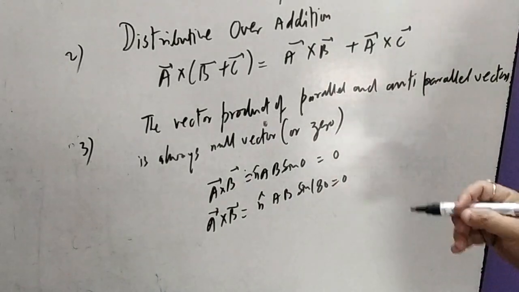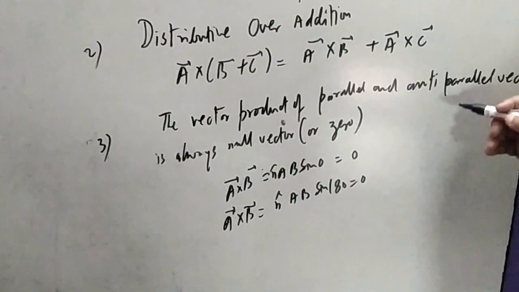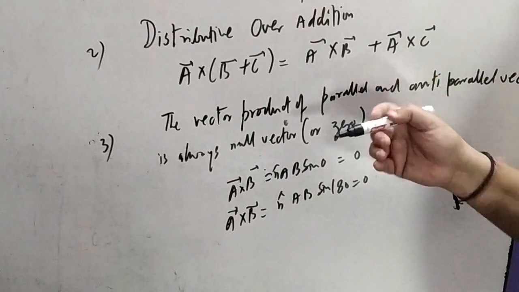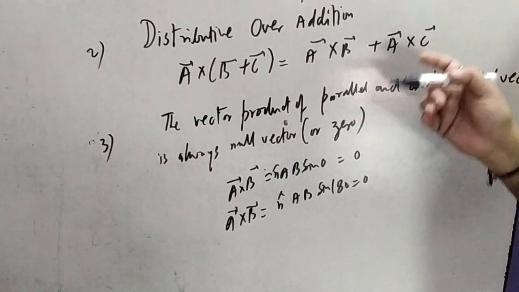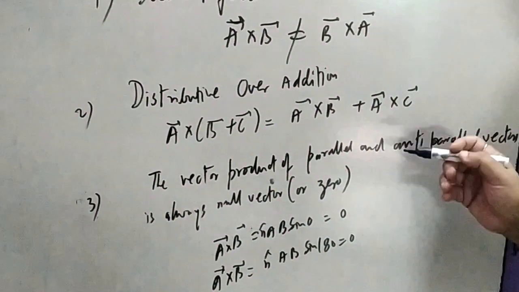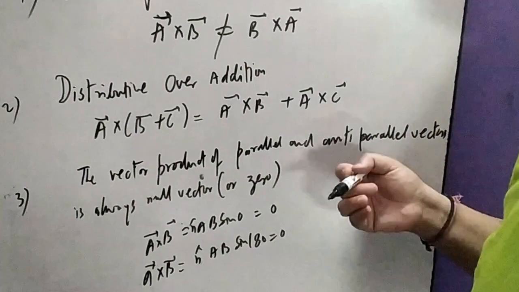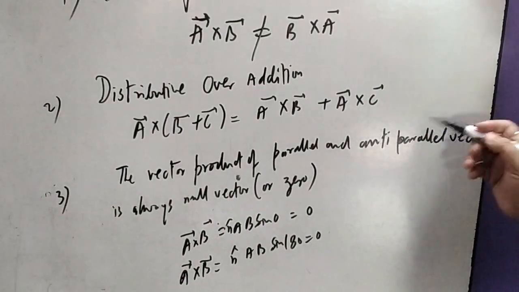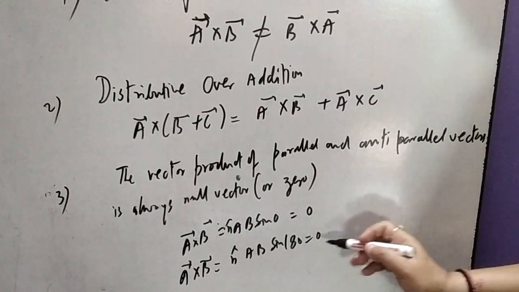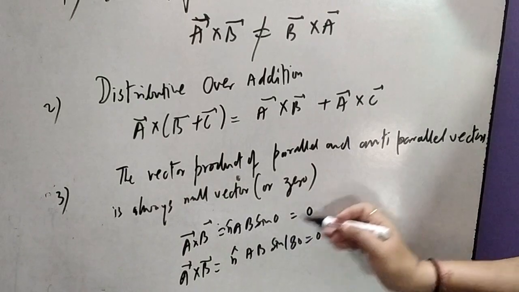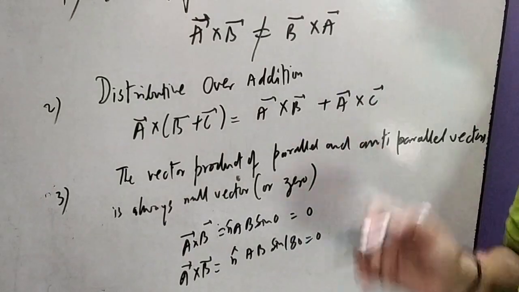In both the cases, we have seen that the vector product of parallel or anti-parallel vectors is zero. Parallel का मतलब होता है when the angle between them is 0. That is, they are parallel. And anti-parallel का मतलब क्या होता है? What is the meaning of anti-parallel? That means when the angle between the vectors is 180 degrees. Okay. And ultimately we have A cross B is this, and A cross B equal to 0, and here also 0.